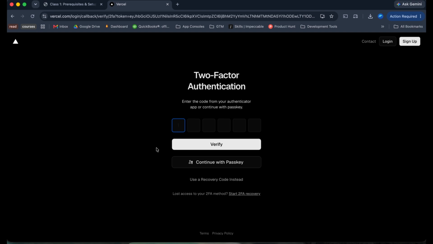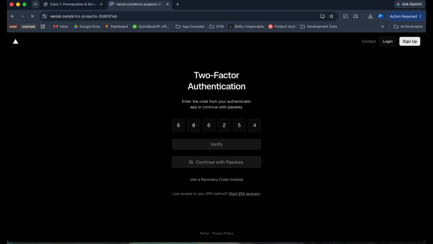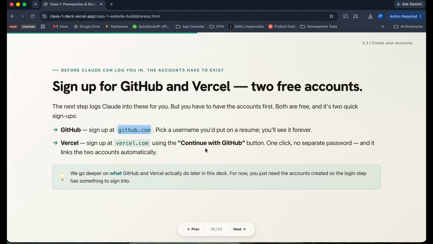That's how you link the two of them. I have 2FA turned on, which all of you should absolutely do. It's really important for security. There we go. And then we are logged into Vercel.